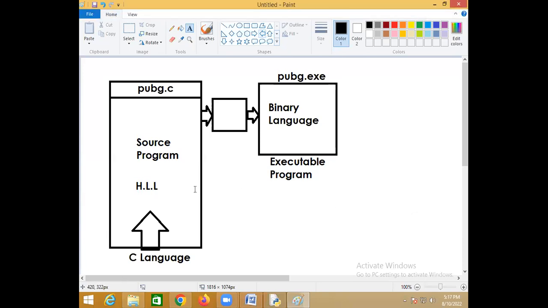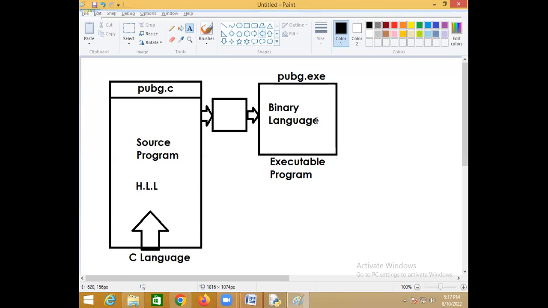Not secured, because that person can make changes and develop new games. Because of that, you don't give PUBG.c, you give PUBG.exe, so that he can just run it but cannot do anything, because it is compiled code, not source code.